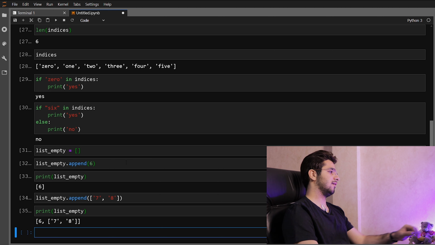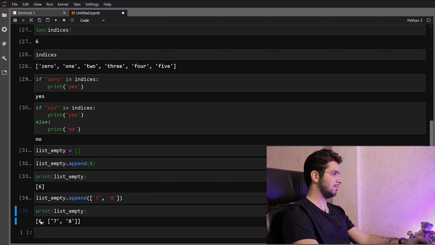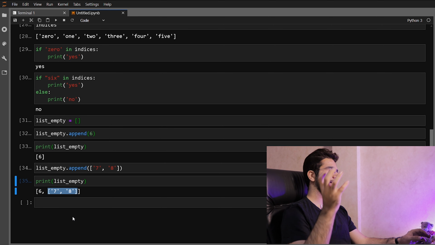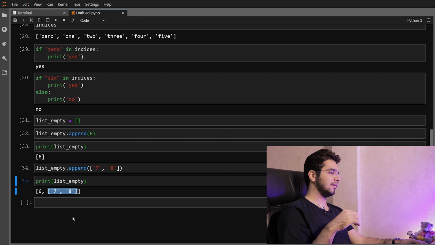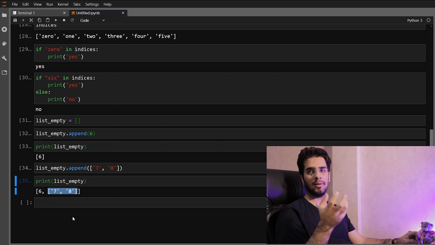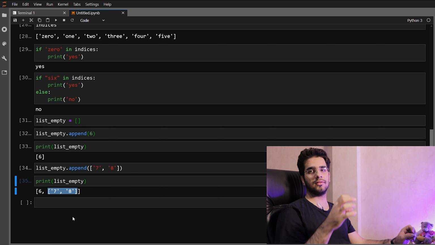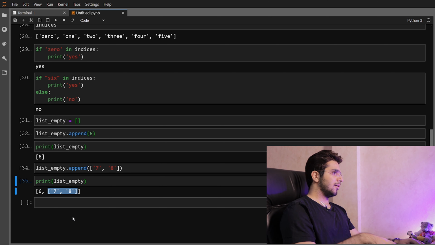As you can see here, the 6 element that was added before exists in the list, and another list including 7 and 8 is added to this list. This is a list in another list. A list by itself is an object in Python, so as I mentioned above, you can add any type of objects to the lists, including another list. Okay,